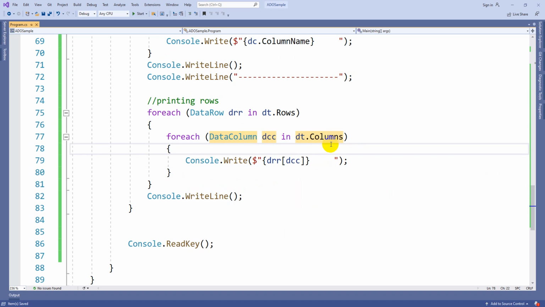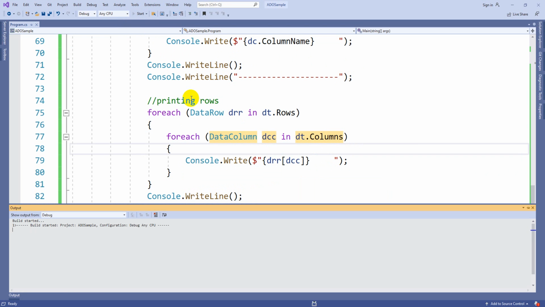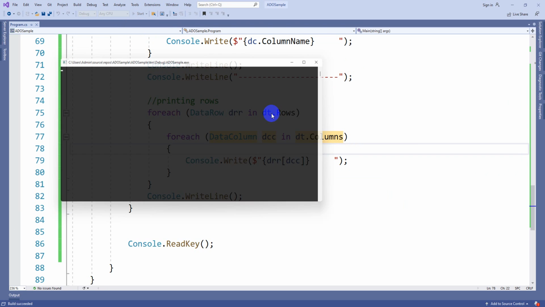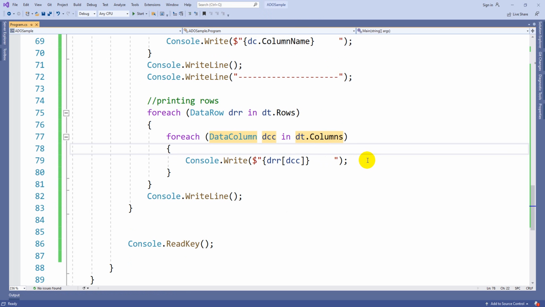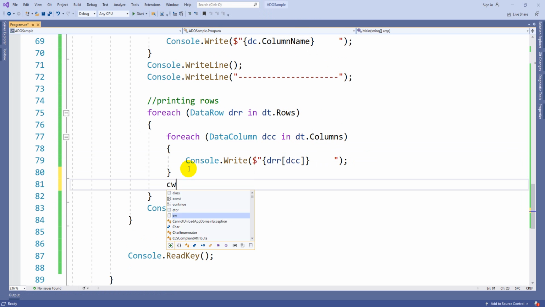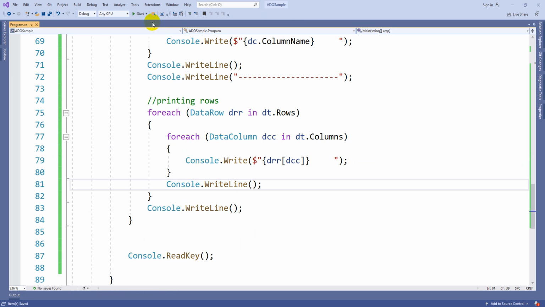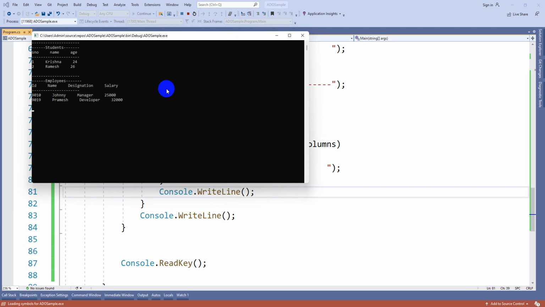That's it, you will get all the rows. One more thing, guys: after this, you have to write a Console.WriteLine. Then rows will print on the next line every time after completing one row.